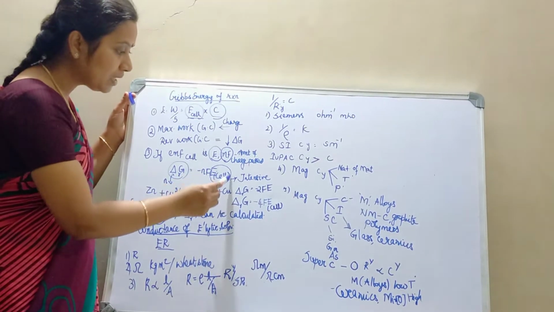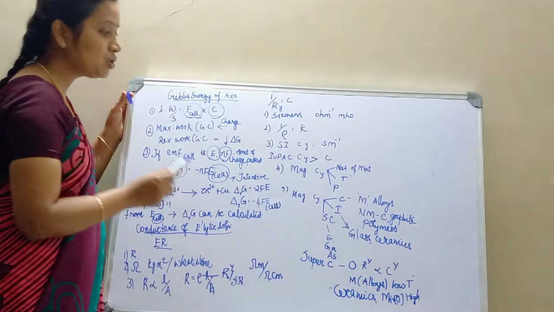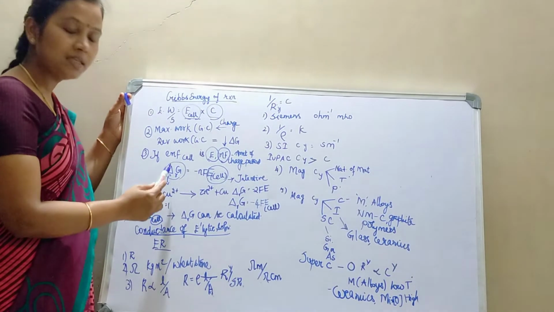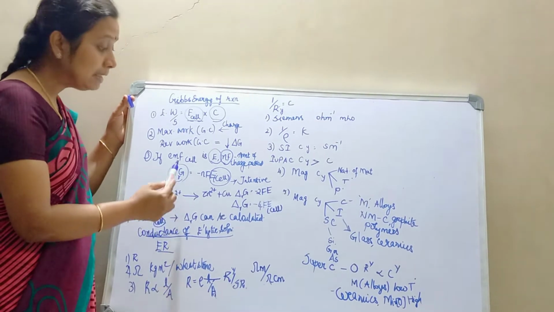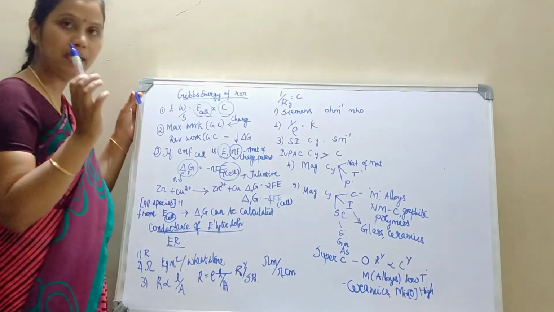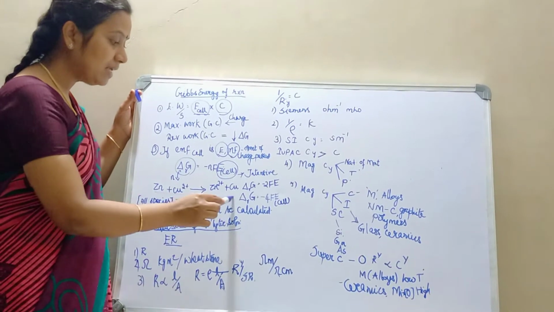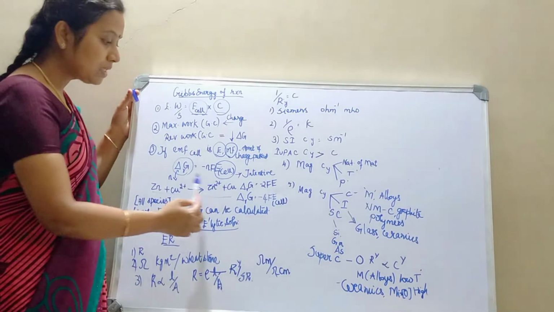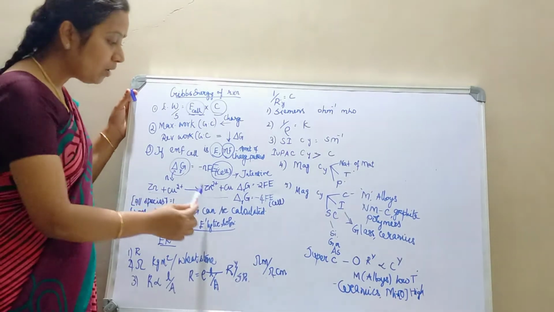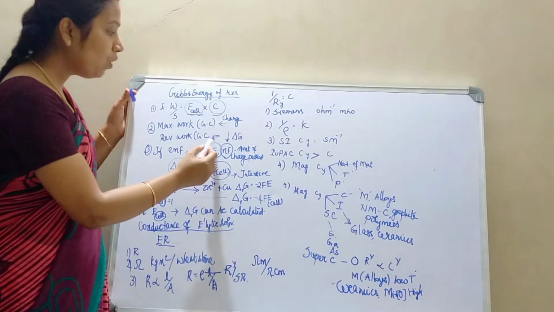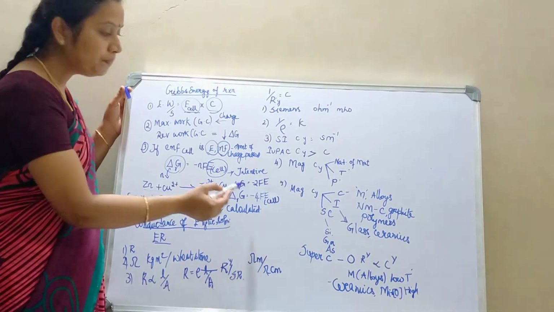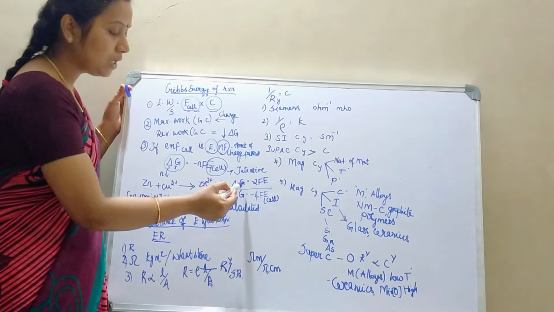We know the cell potential is an intrinsic property which does not depend on the amount, while delta Gr, that is the Gibbs free energy of a reaction, is an extensive property because it is completely dependent on the value of n. Coming back to the galvanic cell reaction, a redox coupled reaction between the oxidized and reduced states of zinc and copper, for this reaction my value of n is equal to 2 because two electrons are involved in the reaction. So my delta Gr is equal to minus 2FE.